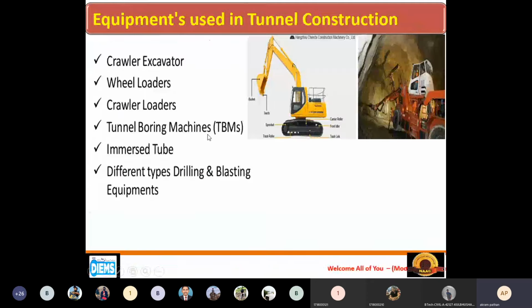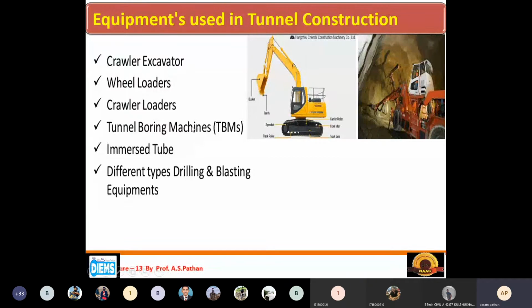Then in the last lectures, we have seen the equipment used in tunnel constructions. Generally these are the equipment we have to use for tunnel constructions. These are not fully listed, but these are the more important equipment for the purpose of tunnel constructions: crawler excavator, wheel loaders, crawler loaders, tunnel boring machine, immersed tube, and different drilling and blasting equipment.